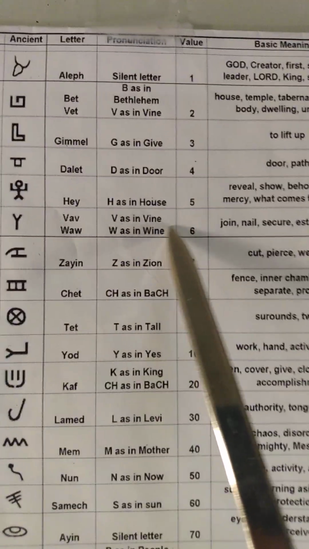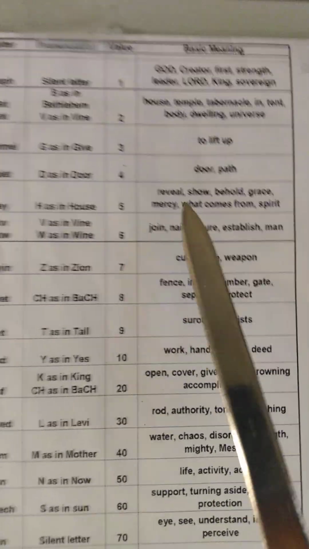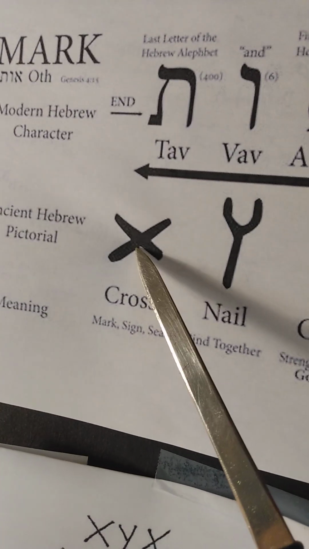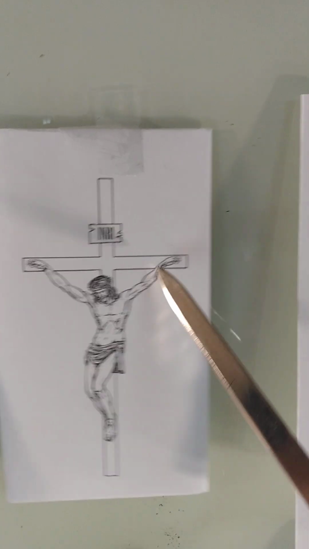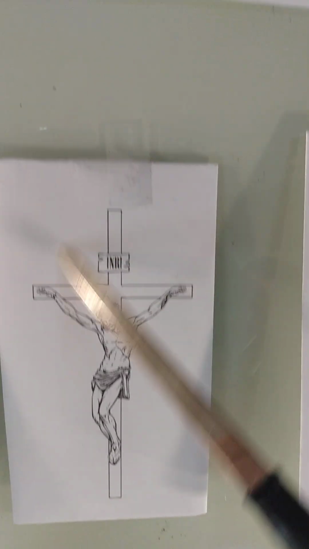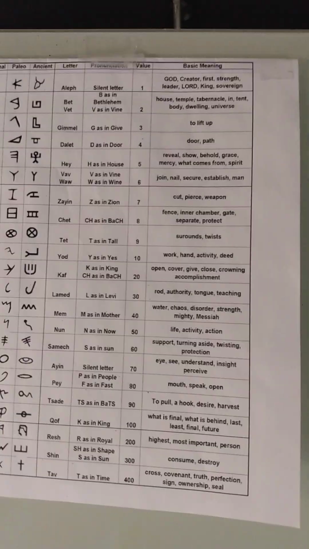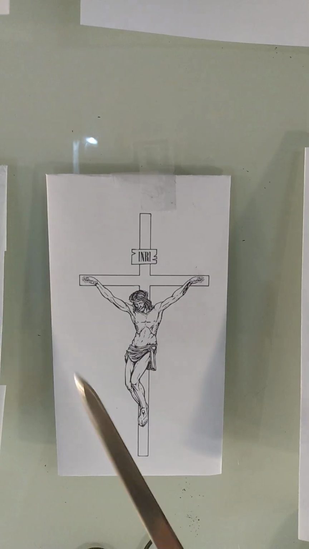And it is the sixth letter of the Hebrew alphabet, Vav. Okay, it's made to join, and it's the nail. And the cross here is the last letter of the Hebrew alphabet, known as Tav, and it is a cross. So the first letter is joined to the last letter, and he represents the alphabet. There you go. And you don't believe it's witchcraft?